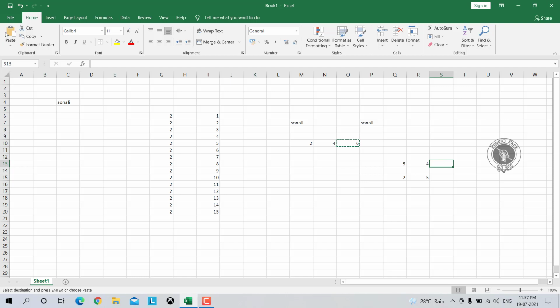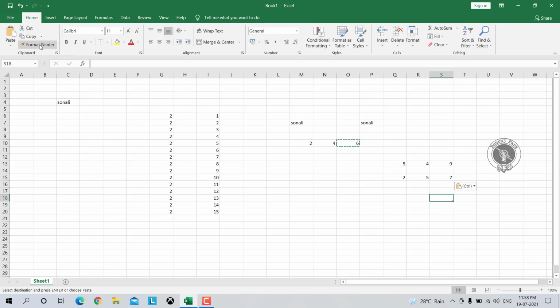I'll click here in the cell, come to paste, click on this paste drop down, and here we got the second option for formulas. Just click on that. So you can see it has now calculated that formula. Just like that I want to use it here as well. Click on the paste drop down, click on this formulas paste. Now you can see it has been automatically calculated. So no need to always write the formula, you can use it like this also.